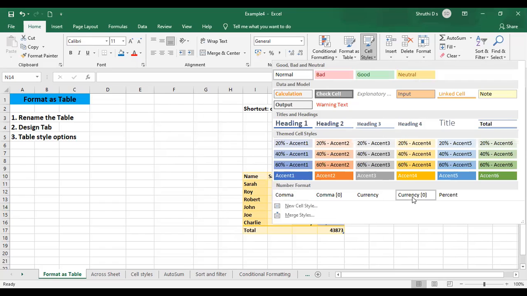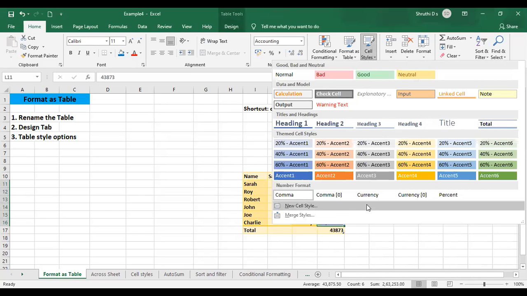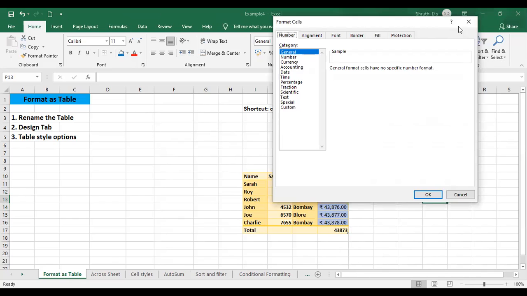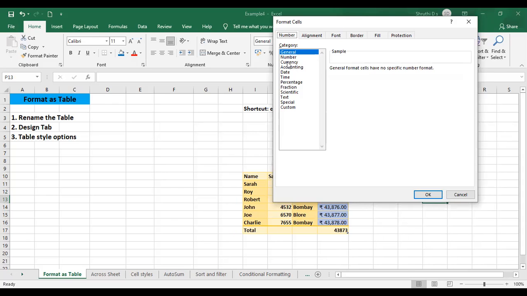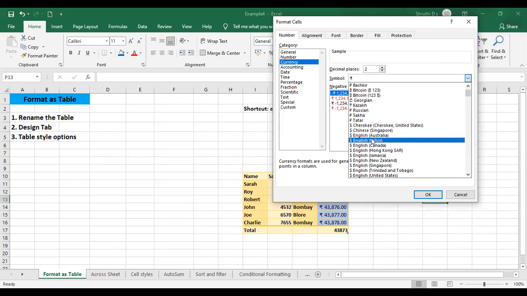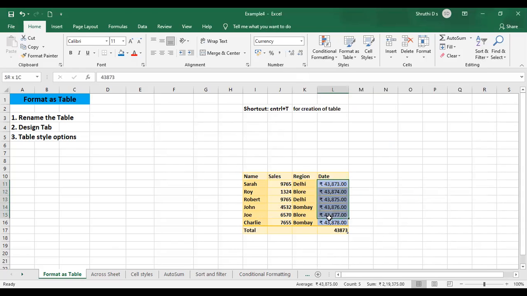Now, if I select currency over here, sorry, I didn't select the column. Select the column you want to apply it to, select cell styles here, go to currency and click on that. You have Indian rupees by default. Again, you can change the currency using the number option, which I already showed you. If you go to currency, see this dialog box launcher. Just go to that, select currency, and select the symbol, whichever you want. If you want Australian dollars, just click OK and it will be applied.